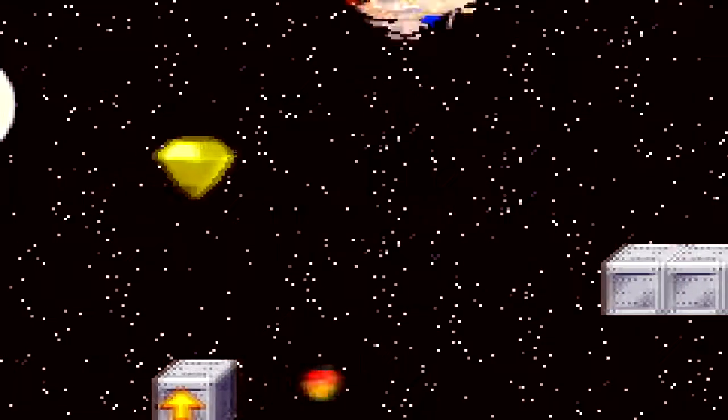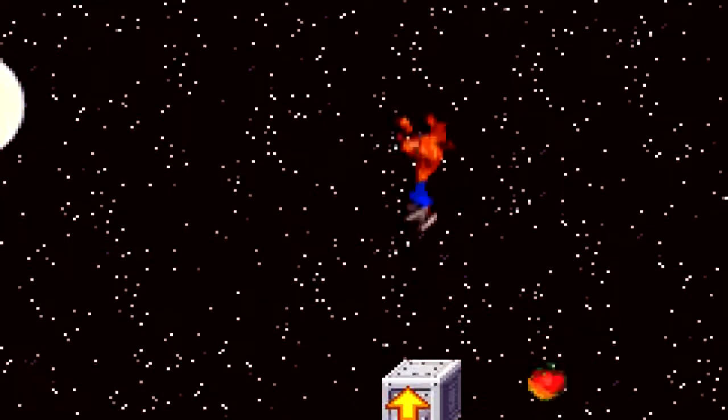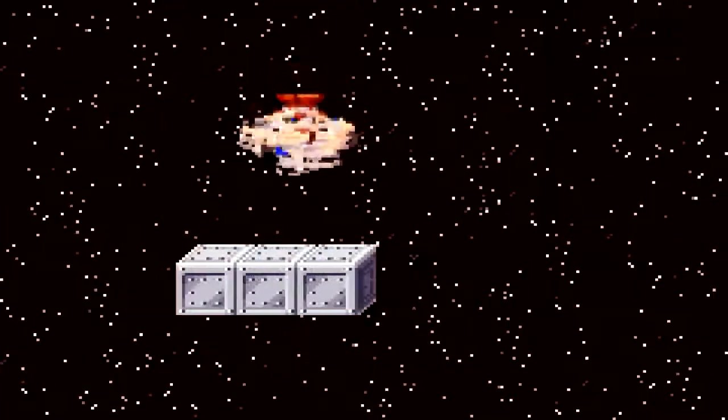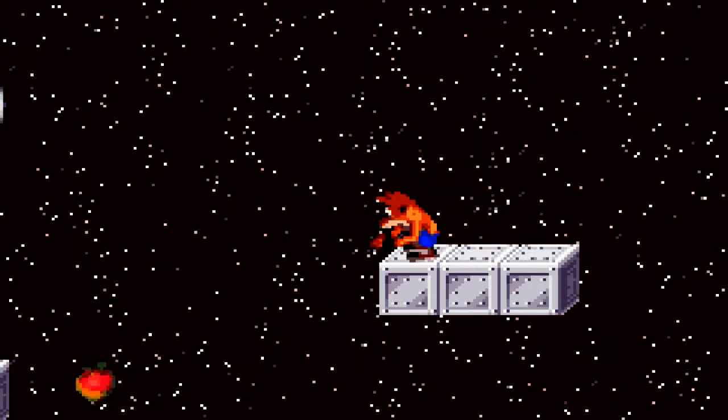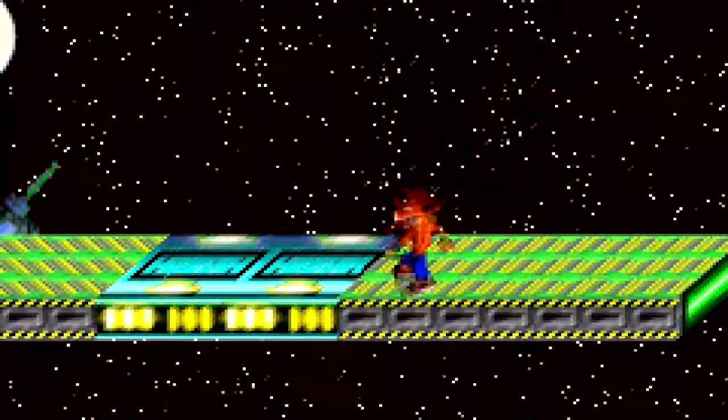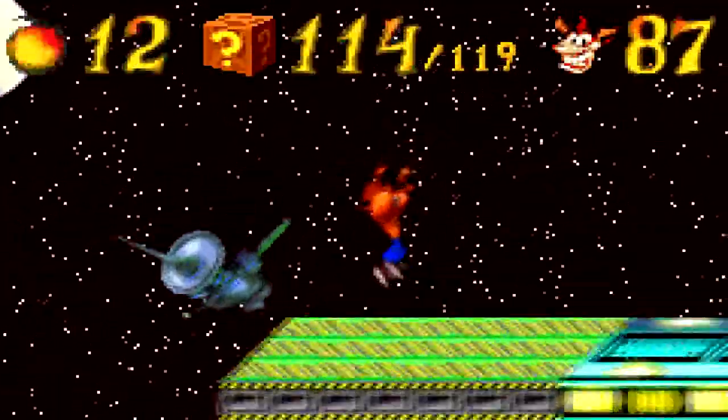That seems like bait. Yellow gem! I didn't even know that was in this level. Yes, it is. I knew it was here, I just didn't know it was right there. Okay, that one fruit scares me. I'm gonna follow it anyway. I'm gonna have to come back this way anyway, so...